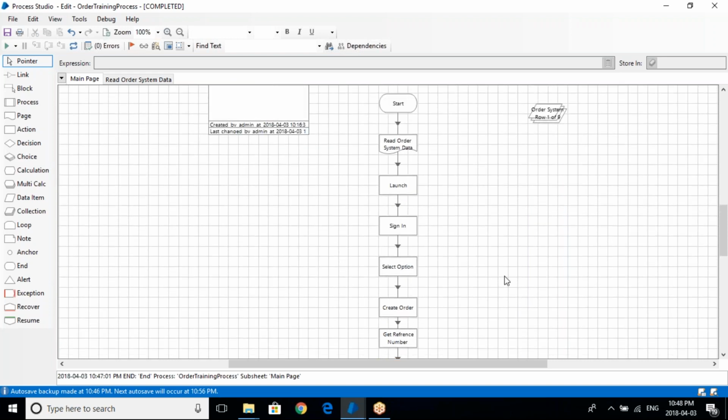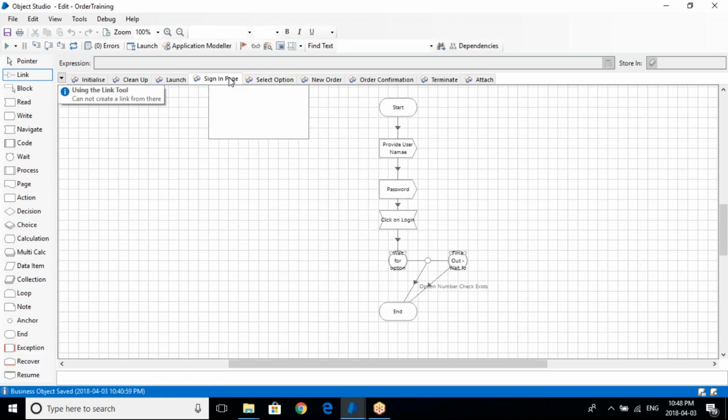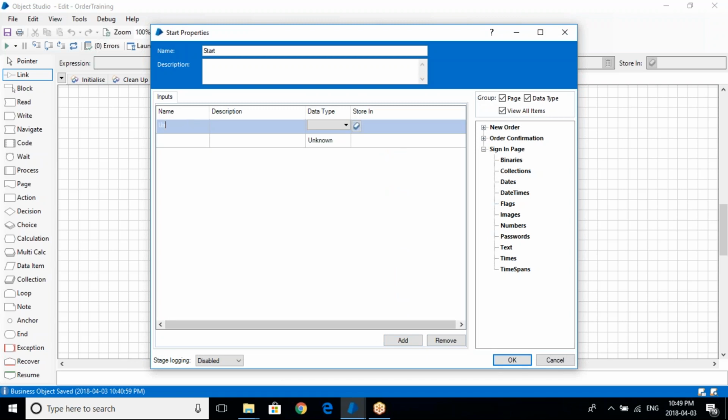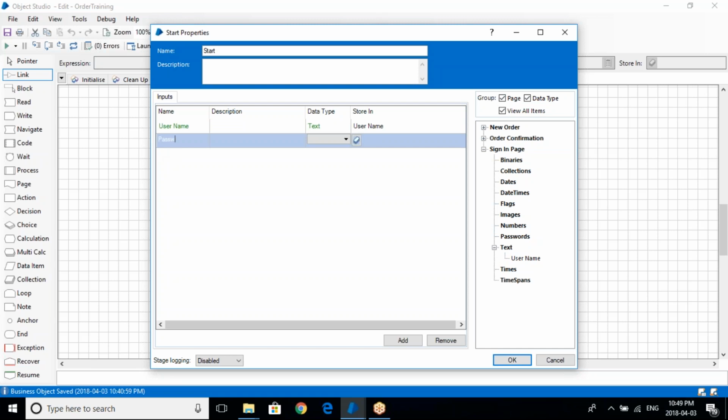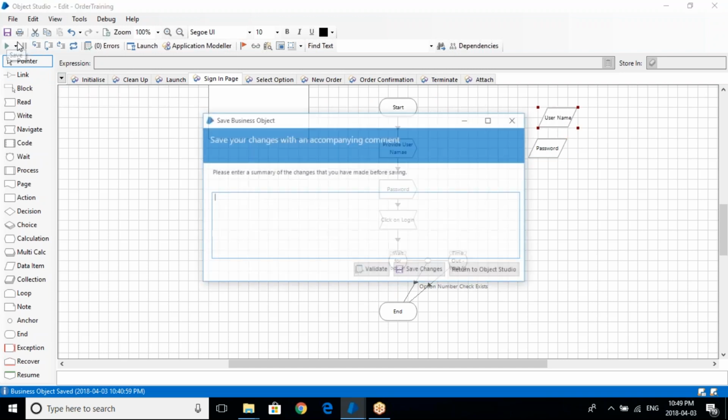And then here, apart from this, sending the option here, right? So here, what all input you require? So first page, you require username and password, right? So for that, you need to add two input here. I'm just giving example. So username, nothing but text. You can say store in username, password, store in password. So you defined your username and password as an input parameter, which you will be passing through your main process. Okay, so once you save it,